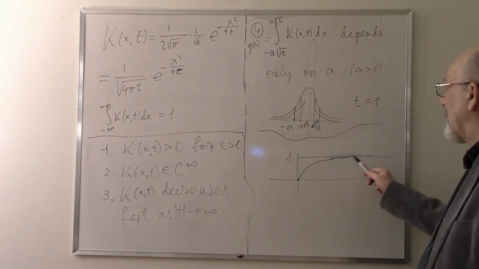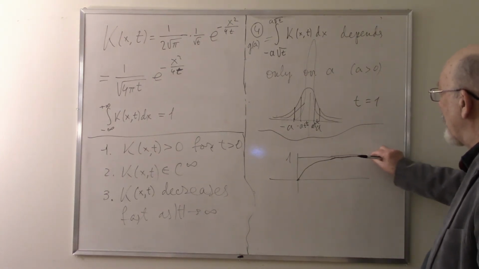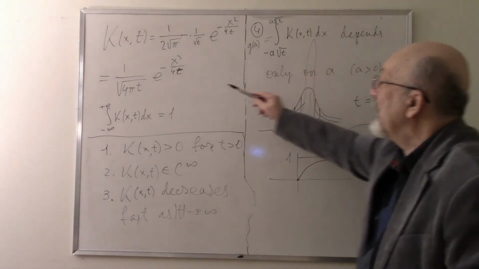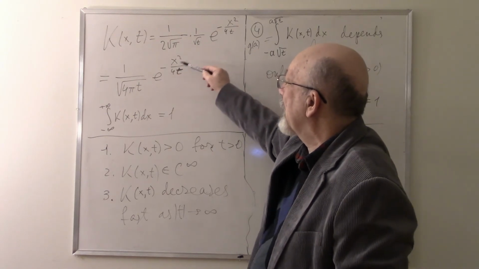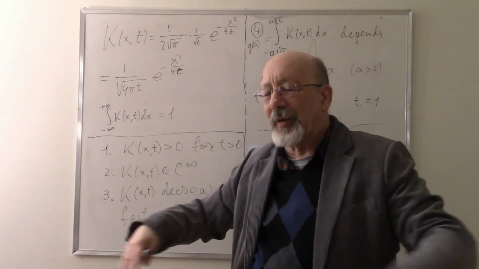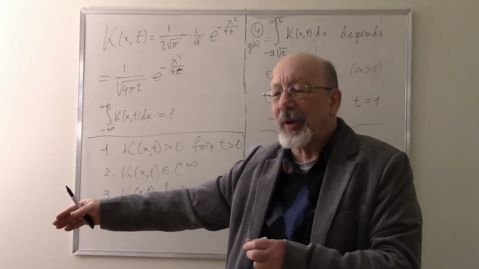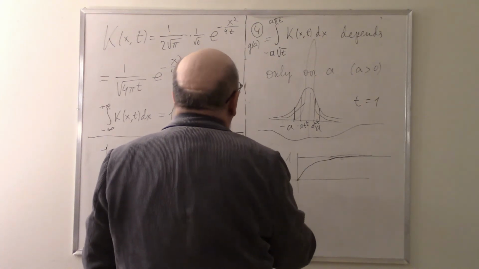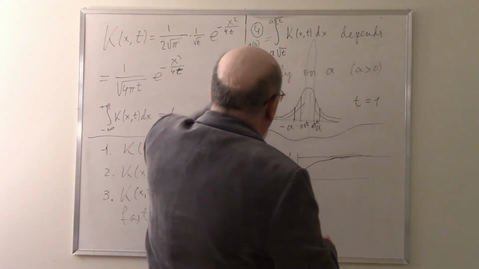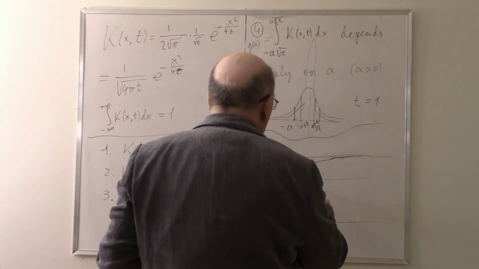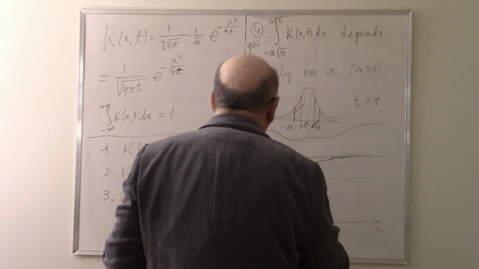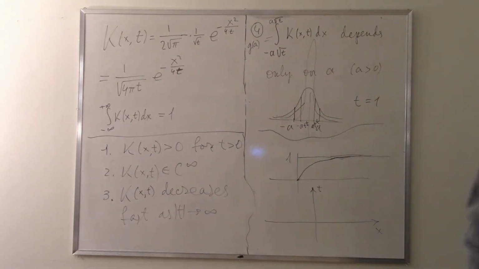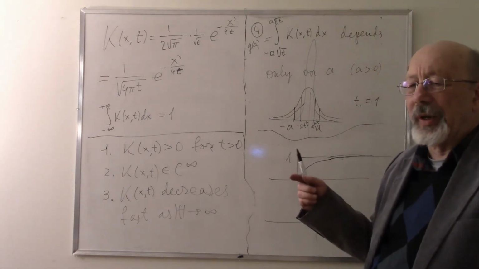Yes? So we have it, and the rate of how close it becomes to 1 is very high, because this function k, you see, is e to the minus x squared. So this function decreases very fast, and so its primitive function grows, but very slowly. And this means, so what happens when t goes to 0,